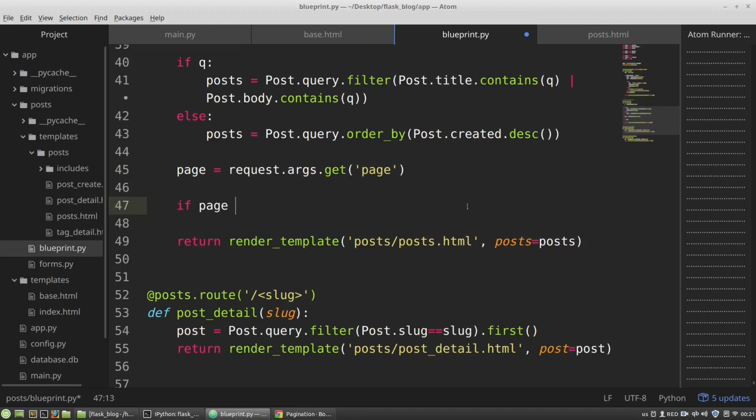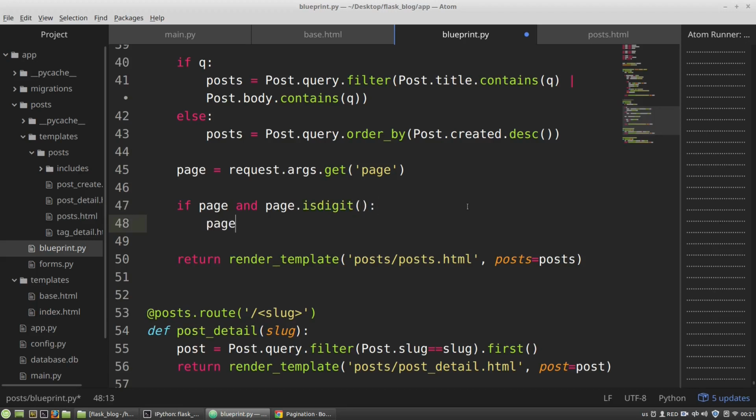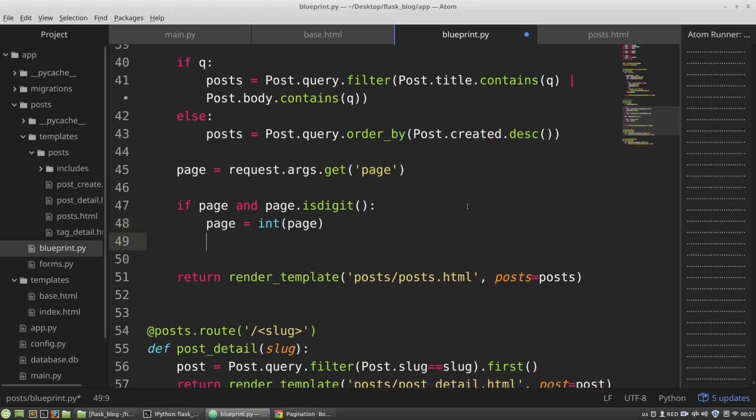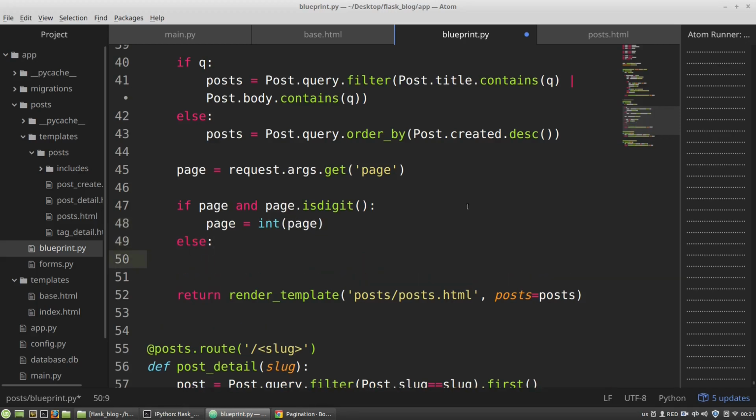If page and page.isdigit(), then if it's not empty and if it's a digit, I want to convert it to integer data type. Int(page). Otherwise, page will be 1, the first page. And I want to slice all posts base query objects to pages. So I'm creating